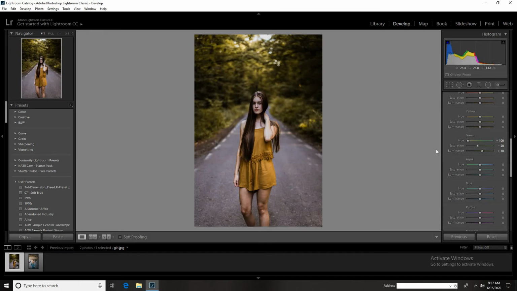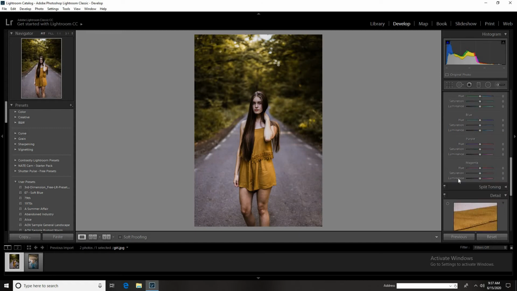After it, I'll go to other colors like magenta, and you can see it on the road by increasing the saturation. So I'll decrease it so that it gets a little bit of a bluish shade, and again I'll do the same with purple also, so that you can see the road got converted with a bluish hue. After managing this section, now I'll increase the blue saturation and change its hue, and you can see the effect.